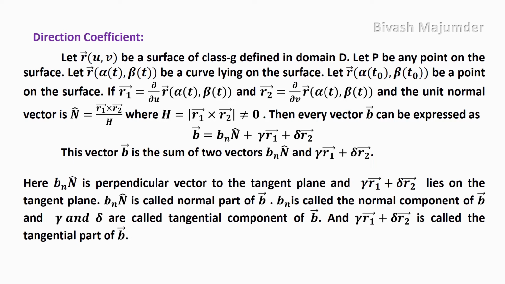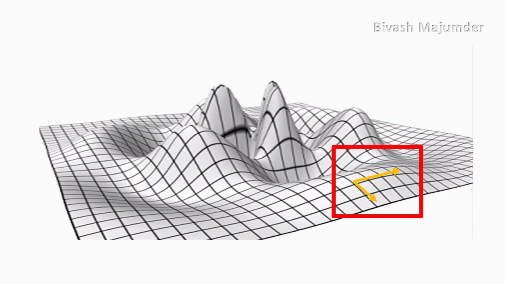the tangent plane. B_N N is called the normal part of B. B_N is called the normal component of B, and gamma and delta are called the tangential components of B. And gamma R1 plus delta R2 is called the tangential part of B. Now, if we zoom this picture,